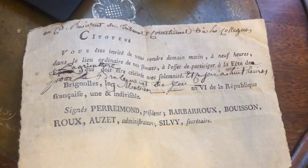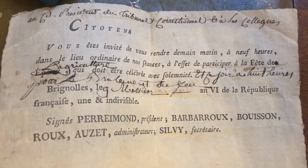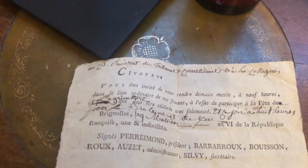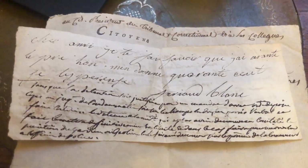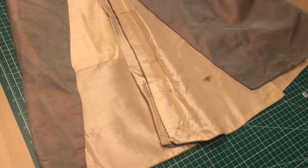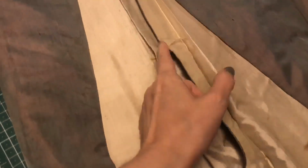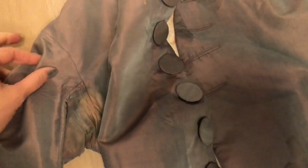As mentioned, the suit was purchased by myself in London from a French dealer, and here we have the documents. This is an invite to an agricultural fete, and it is addressed to the president of the Tribunal Correctionnel, I'm not quite sure what exactly that is, and his colleagues. The party is taking place in Brignoles in the southeast of France, in the Provence-Alpes-Côte d'Azur region. It's dated to the 9th Messidor of the year 6. Messidor is the harvest month of the French Revolutionary calendar, and that translates to the 27th of June,